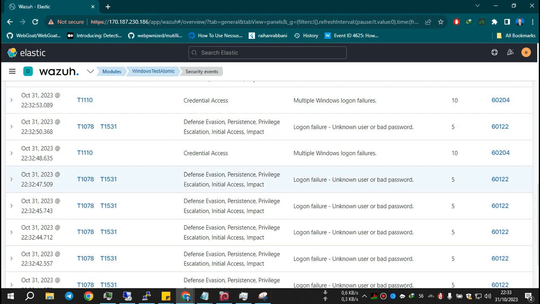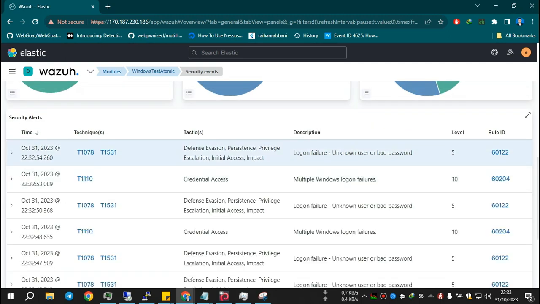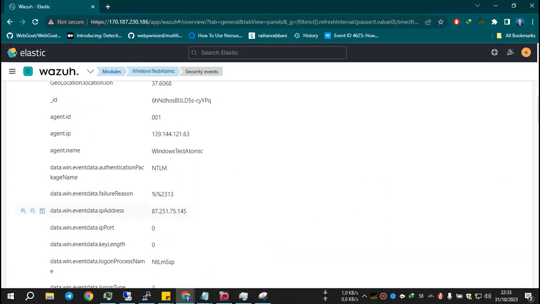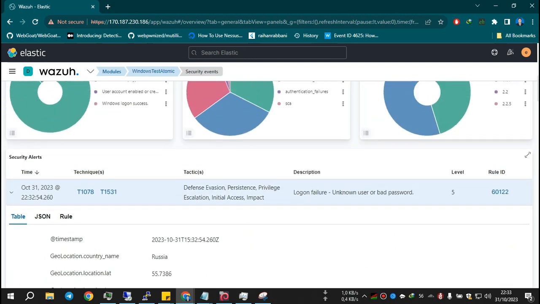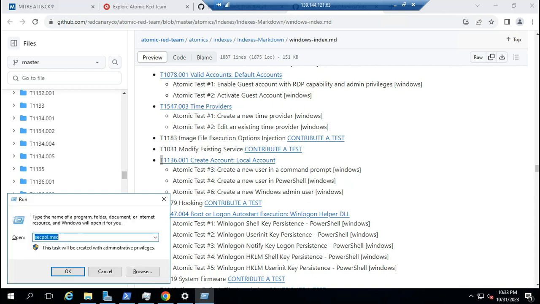And so maybe I will show you how to stop this brute force. Wait, this is from Russia again. Wait, I will show you how to stop it. So first of all, we run and type secpol.msc.